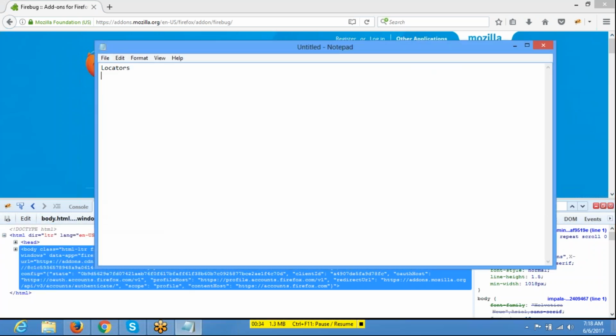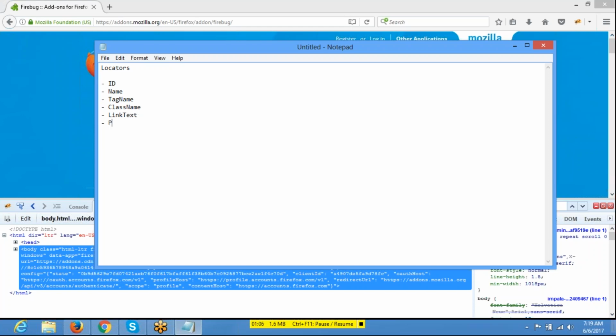locators. So there are different types of locators in Selenium. Guys, locators in Selenium IDE are a little bit different from the locators in WebDriver. I will try to cover locators from WebDriver. So the first locator is ID, then name, tag name. That is also one of the interview questions: what are the different locators available in Selenium? ID, name, tag name, class name, link text,